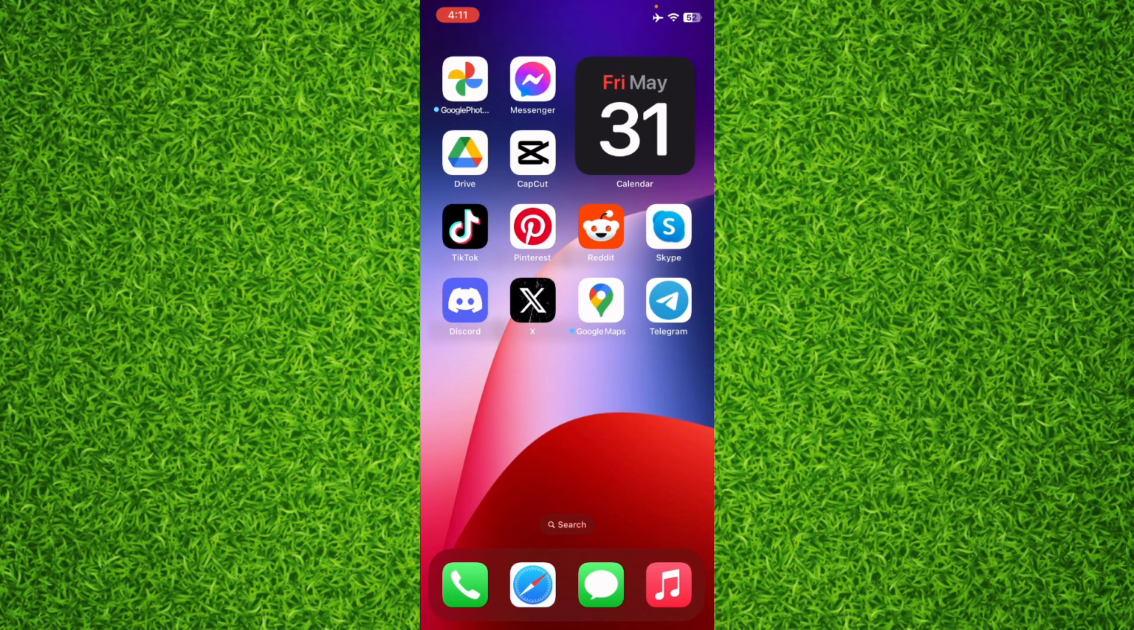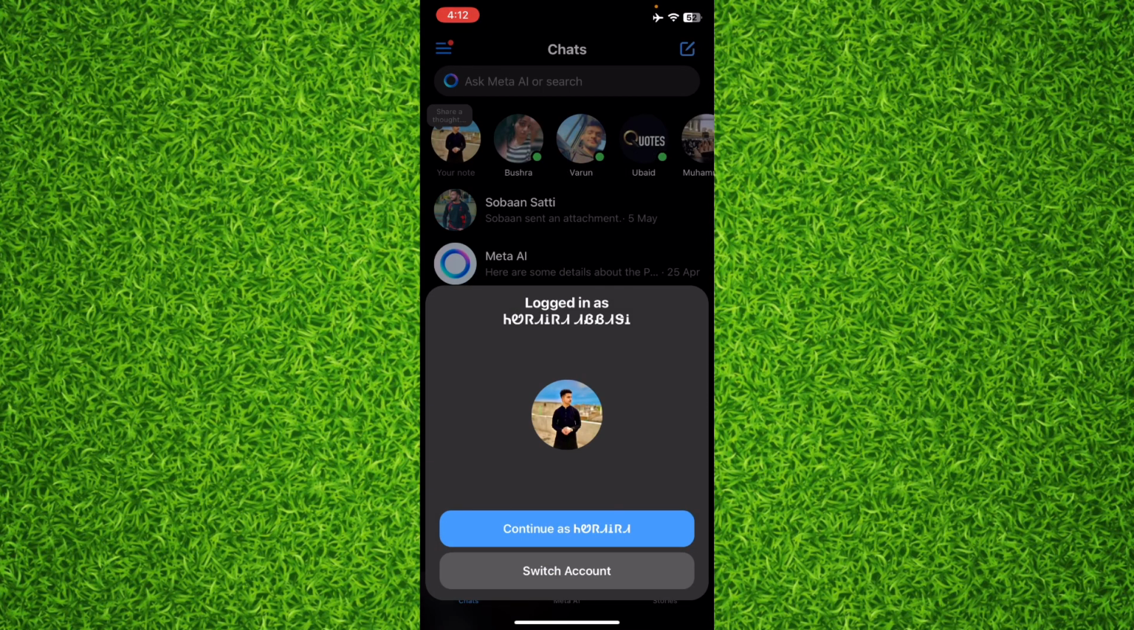how you can easily find old messages on Facebook Messenger. That's quite simple, interesting and easy, so make sure to watch the video till the end so you don't make a single mistake. So guys, first of all, open up the Facebook Messenger app on your phone, and once you're on this page,